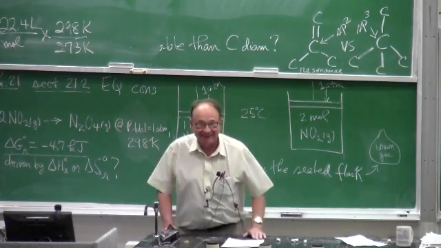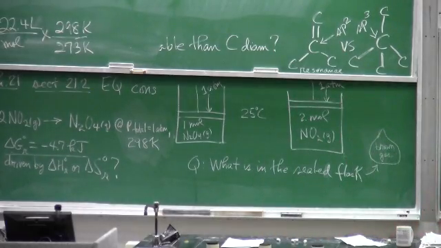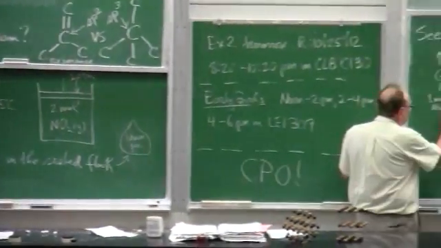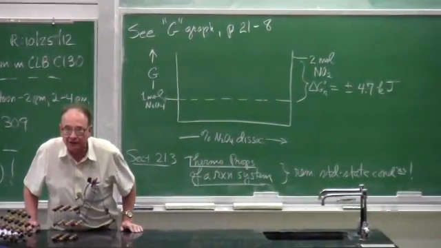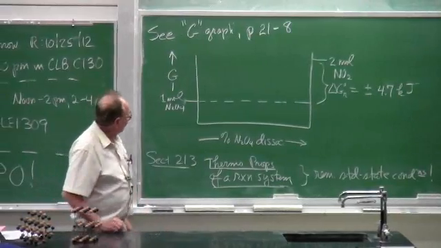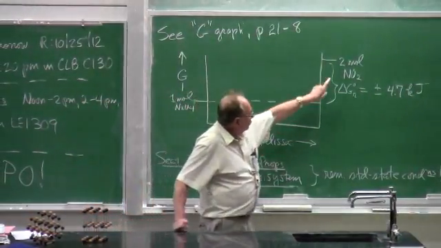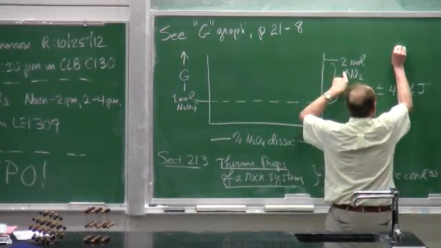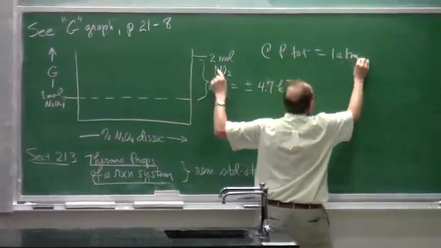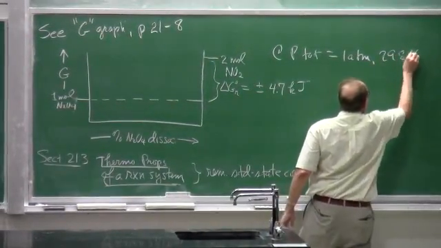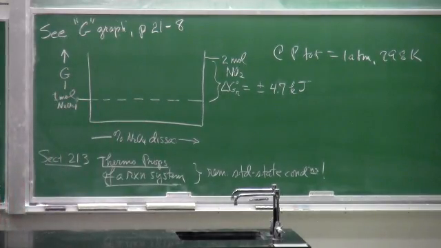How about that? So let's take a look at this graph, a G-state graph. It's not drawn to scale, but it's drawn so as to at least give us an idea what's going on from a change in free energy standpoint. 1 mole of N2O4, 2 moles of NO2. We're at P total equals 1 atmosphere and 298 K. The data we wrote over there for our reaction tells us